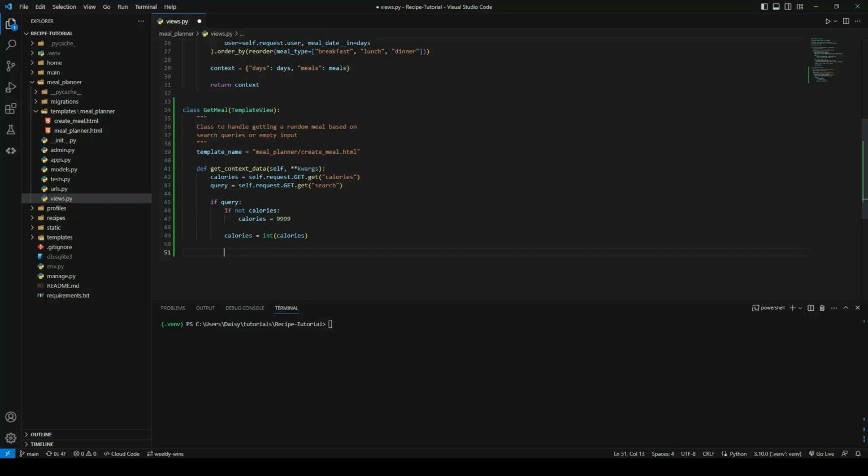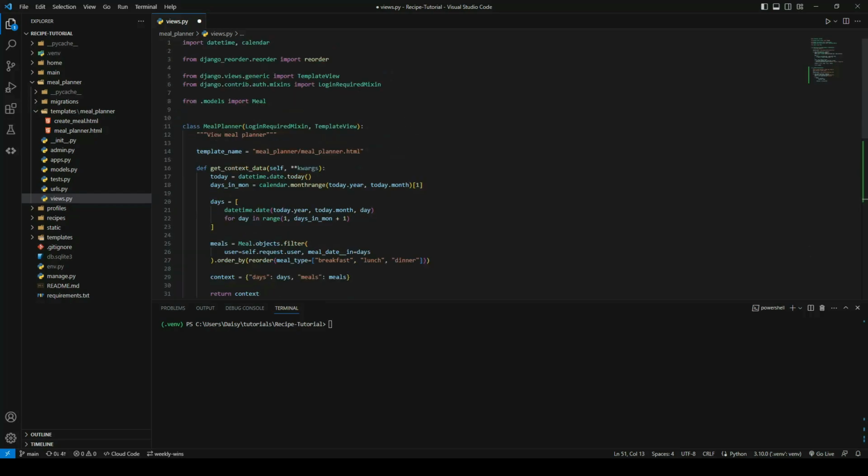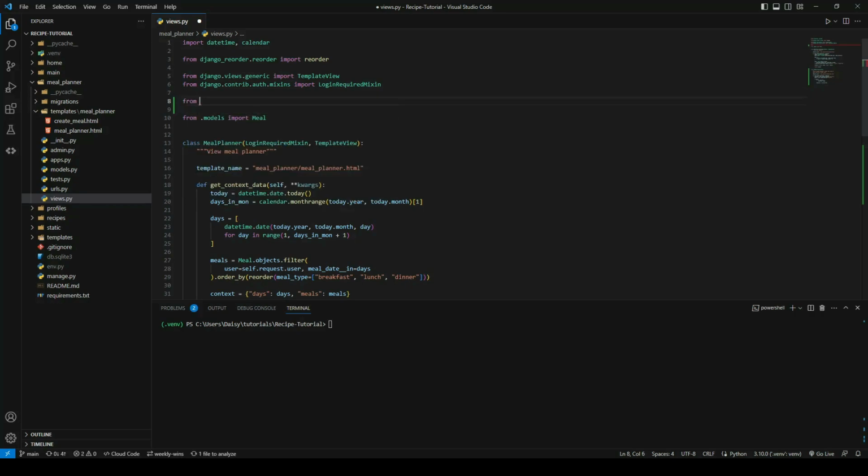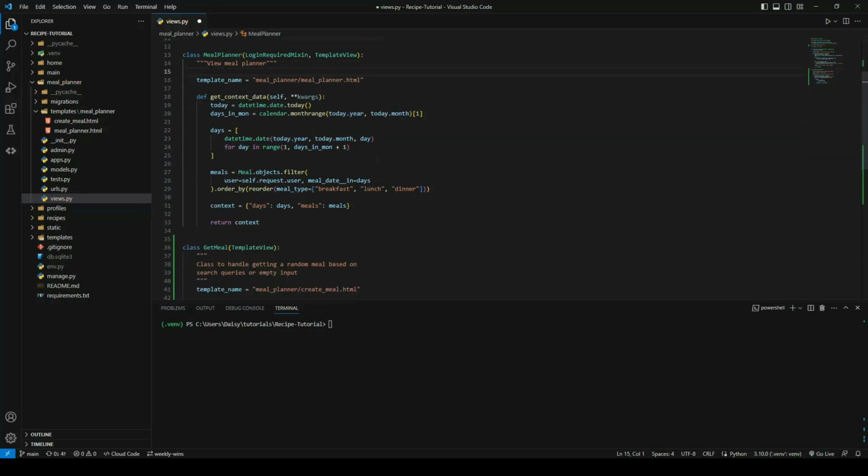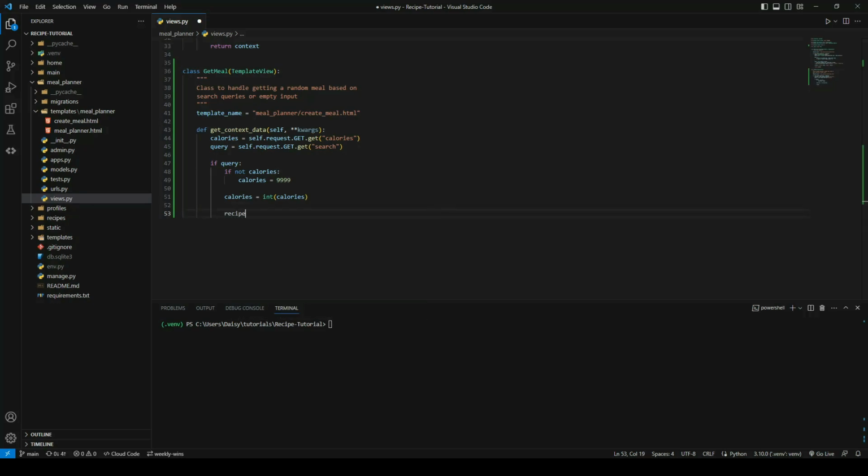So the next thing that we need to do then is we need to filter our recipes. So we're going to go ahead and we're going to import our queue objects so that we can do some advanced filtering. So from django.db.models import Q. So we're then going to say our recipes are equal to our recipe.objects.filter. So we're going to have a query for the description. So if the description contains the query,